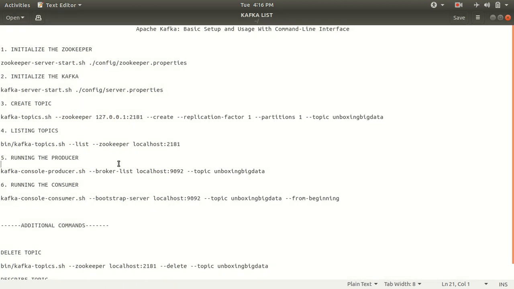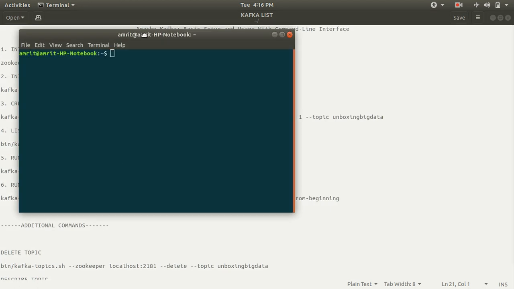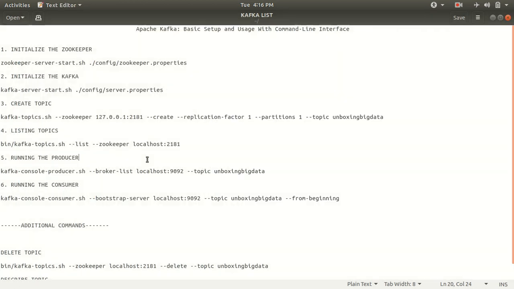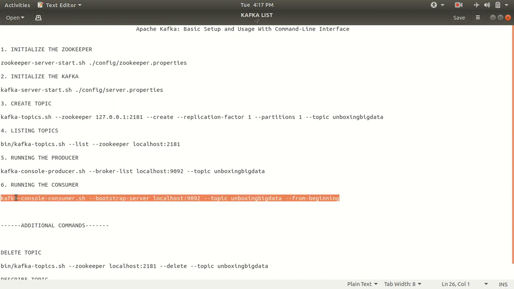So the next step is we need to open the last final terminal and again go to the Kafka home and simply write this command. Let me first tell you what's the meaning of this one. kafka-console-consumer.sh. It is nothing but again a script file. Bootstrap server is telling the server address. Actually they are indicating the Kafka broker's address, which is localhost:9092, and here we are specifying my topic name, under which the producer has already sent the data, and from-beginning indicates that I need to read the message from the beginning. Okay, so Amritpal Singh should be received on the other end as well.